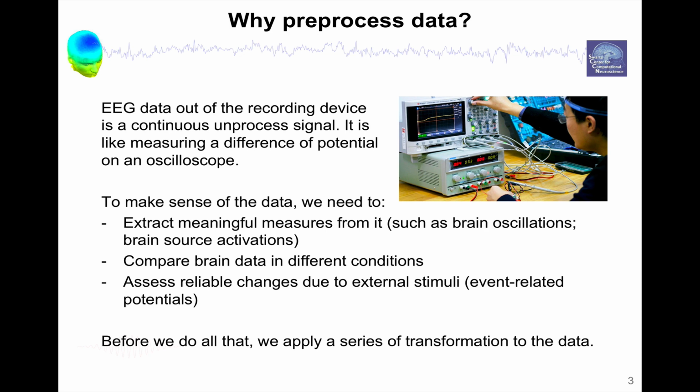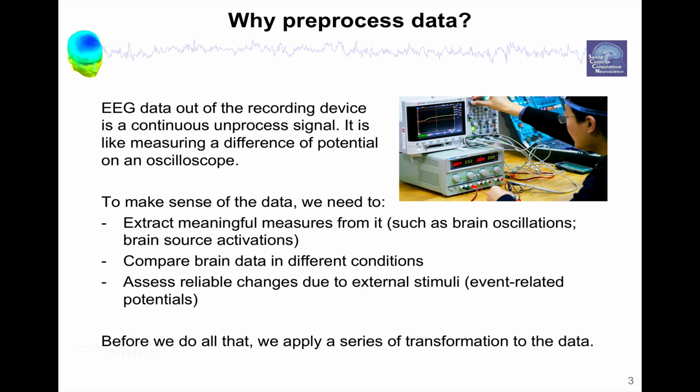So first, why pre-process data? Well, EEG data out of the recording device is a continuous and raw signal. So it's like measuring a difference of potential on an oscilloscope. And you can actually do that if you want. You can measure brainwave data on the oscilloscope if you wanted to. So to make sense of the data, we will need to